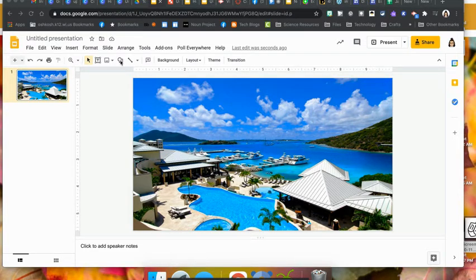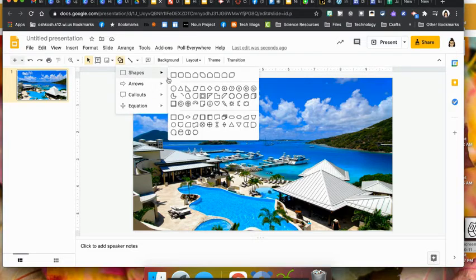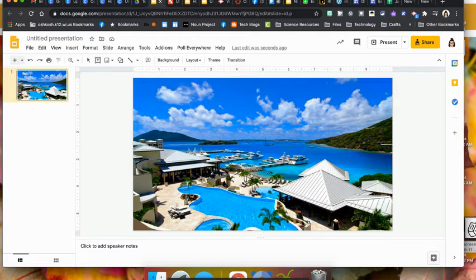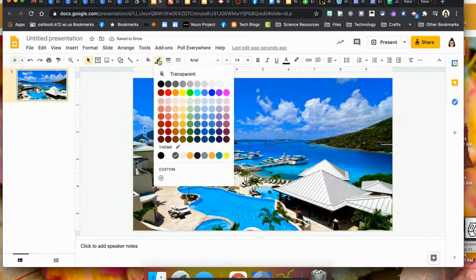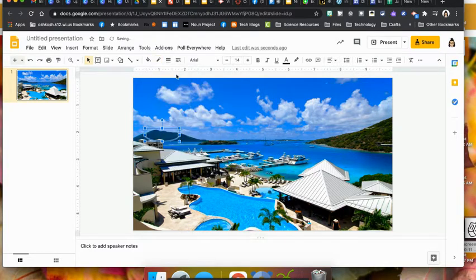All right, so here's what I want to do. I'm going to go ahead and bring in a shape, and let's do a circle here. And I want to hide it maybe like by the mountains over here. All right, and then I'm going to make it so that the color is transparent and the outline is transparent. And now it looks like nothing is there, right? But I could actually link it to